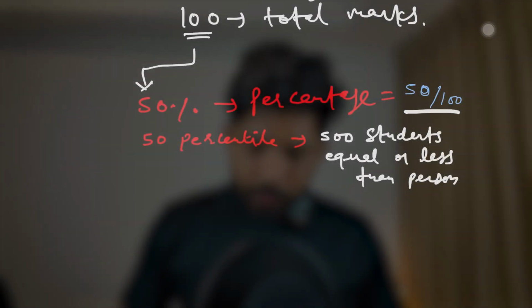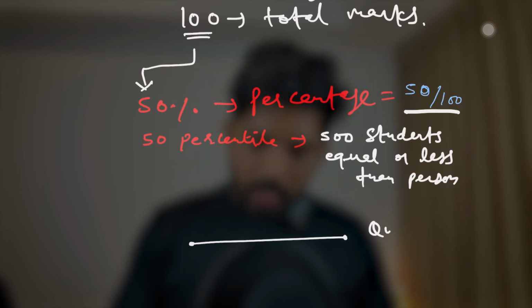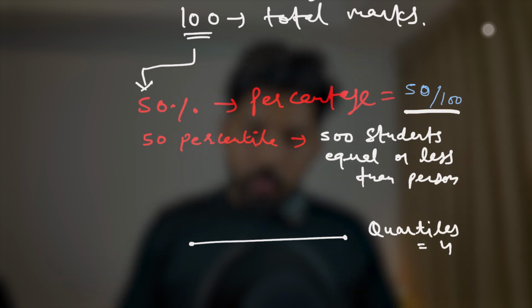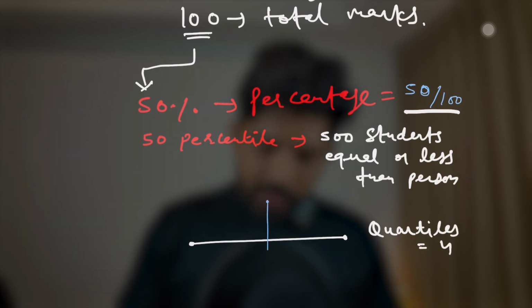Before moving on, let me again tell you a very basic thing, which you might have a question about in future: when we are talking about dividing any data set into tiles, how do we do that? Let's say we are dividing it into quartiles. So let's say we have this line, and if someone asks to divide it into quartiles, that means 4 parts, right? Which means first you have to divide this whole line in the center. Let's say it is 0 to 100, then the middle will be 50, right?